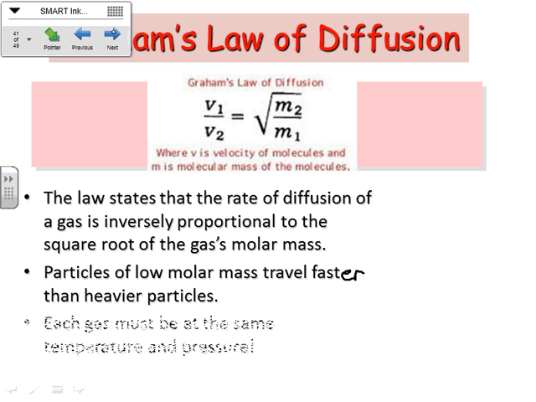Now, this is assuming that they're at the same temperature and pressure, okay? So if you have two gases, same temperature, same pressure, the small one moves faster, okay? And that's what happened in our demo back there. The ammonia gas is smaller. They were both at the same temperature and pressure. The ammonia moved faster than the hydrochloric acid because it was lighter. It had less mass, okay? Does that make sense? I feel like you guys were understanding it yesterday, so this is just the same basic thing. We're just putting it on notes instead.